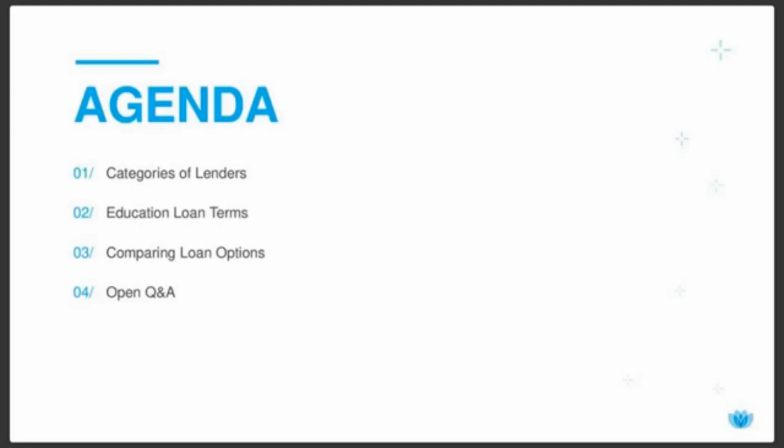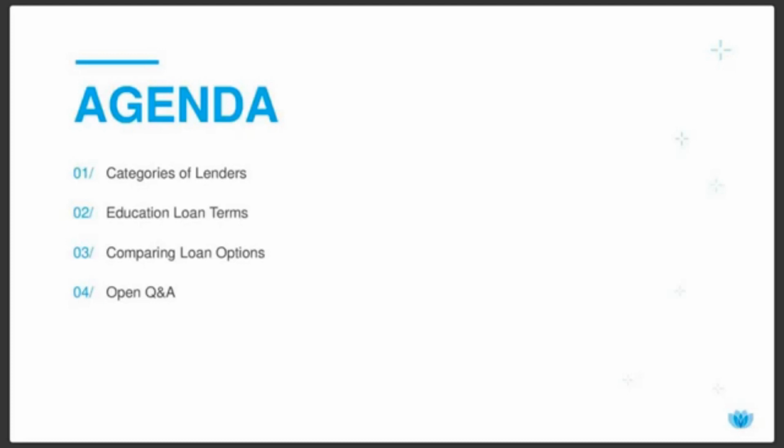It's still very important to know what the categories of lenders are, what the nuances are, what's different between them, what are the advantages, maybe some disadvantages. I'll then want to speak about some very specific education loan terms that are used by lenders. And again, different lenders use different terms, so it's important to understand very often they're talking about the same thing, but they're just using different terminology, which can confuse a lay person. And therefore, I'm just going to try and put everything on the same page so that it's easier to understand